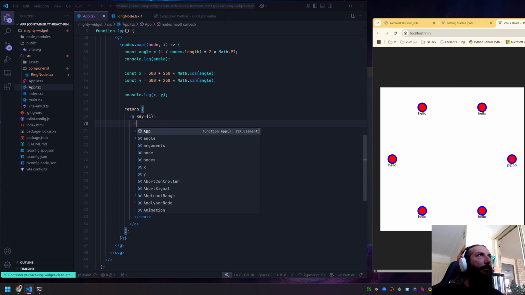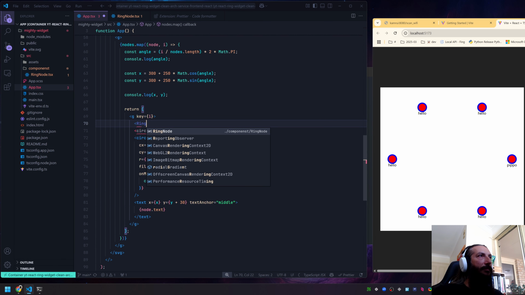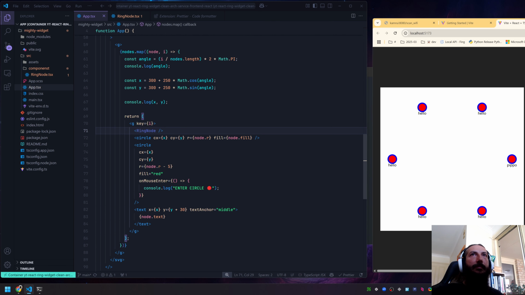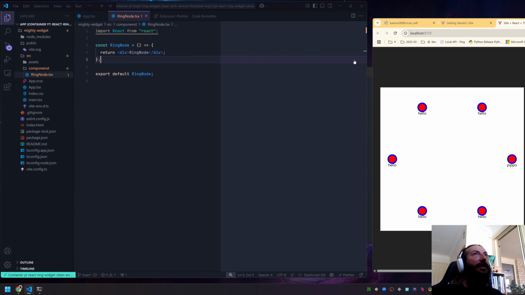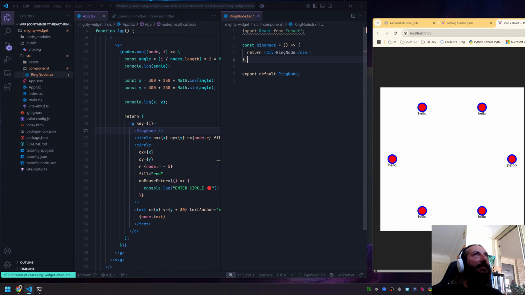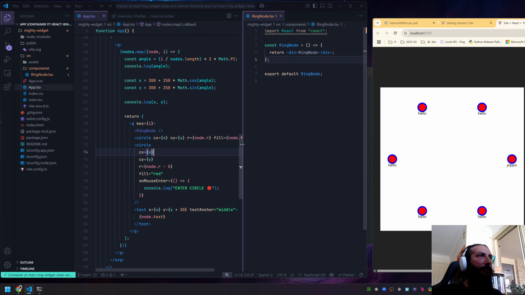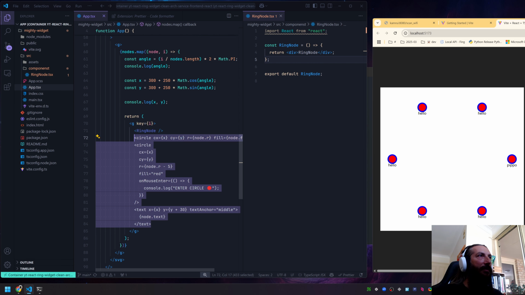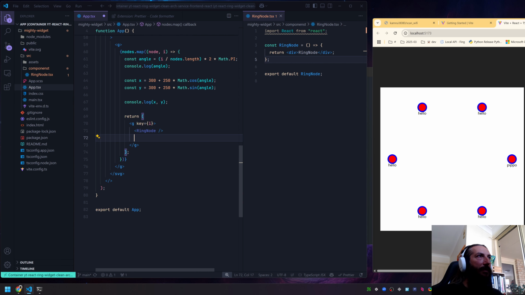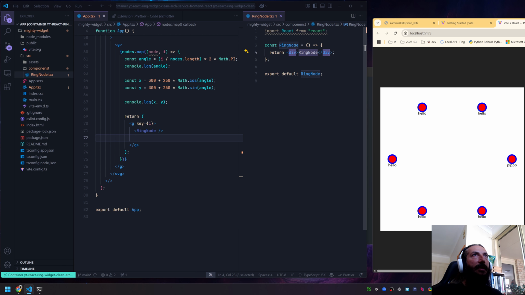Okay, so we can use it. Ring node. There you go. It's not there. Yes, it's not there. Fair point, because we are in an SVG. So I wonder where the hell did they put those. This stuff needs to be the inner part of the SVG. We wouldn't see this div. I'd be really interested to see where did they go, but we kind of don't care. Let's just bring what we need inside the ring node. So let's take these,